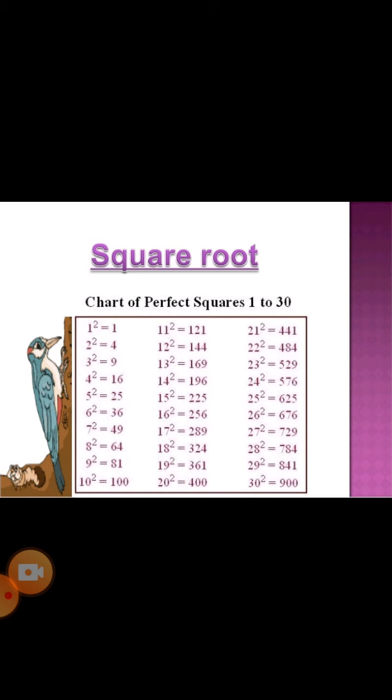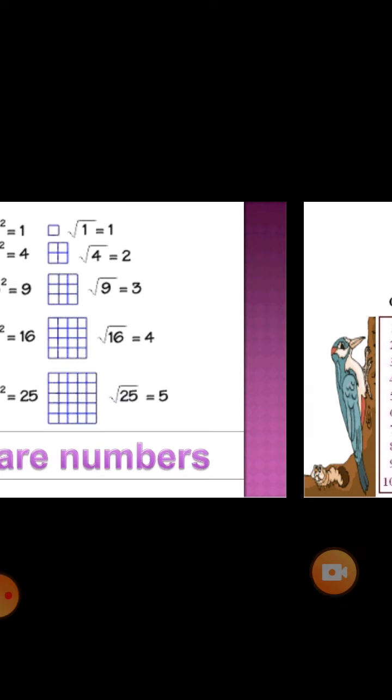Let us now go to the squares of the first 30 natural numbers. The squares of the first 30 natural numbers are important. Squares are used to solve a lot of problems in algebra and geometry. Let us quickly go through them. Here we have some examples. First of all, the square of number 1 is equal to 1, the square of number 2 is equal to 4, the square of number 3 is equal to 9 and so on.